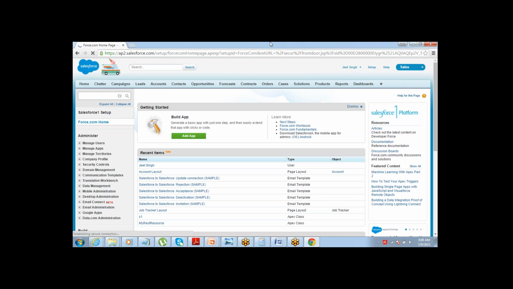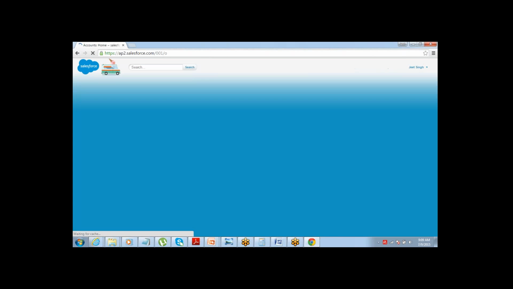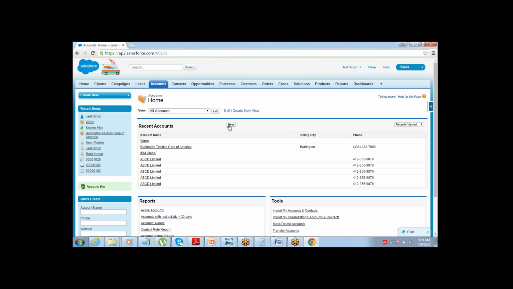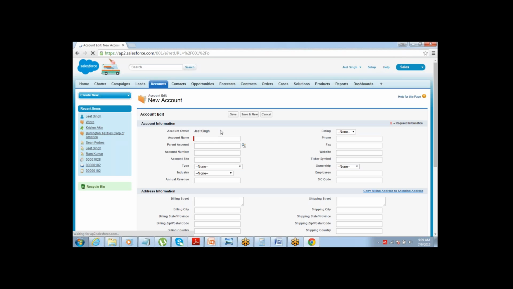so if I'm logged in to Salesforce, usually, what we have seen is if I need to enter some data, I just go to that particular tab and enter the data for that tab. Let's say I have a new account for my company. I just go to the accounts tab, click on new, and then create that account, right? So it can have whatever name you want to put. You can just put the details.